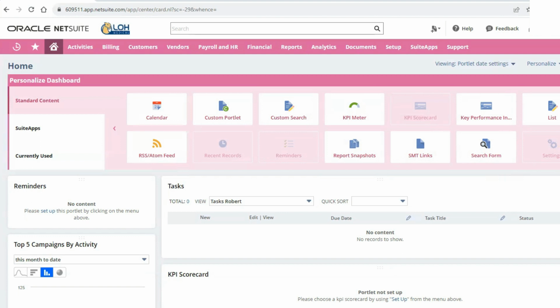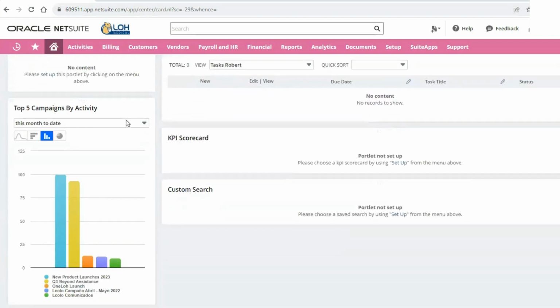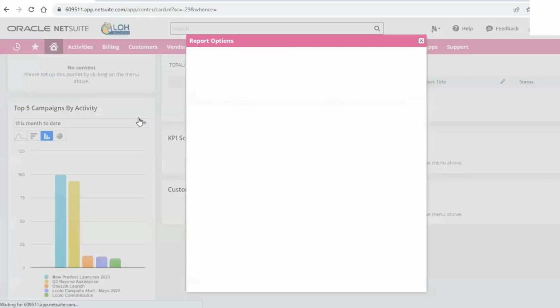And that'll get easier as you get used to the system and start your job functions and get to know exactly what you need. Okay, so let's set these up. It's really simple. Let's start here with our reports. So you're going to go to these 3 dots and you're going to click Setup.